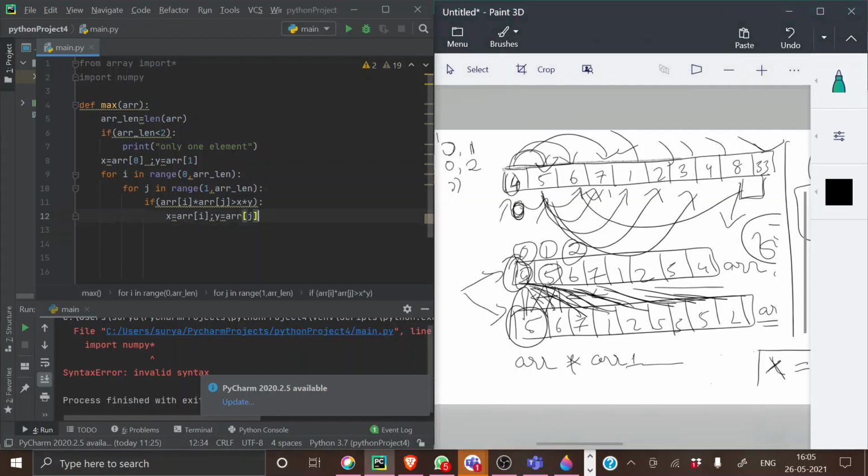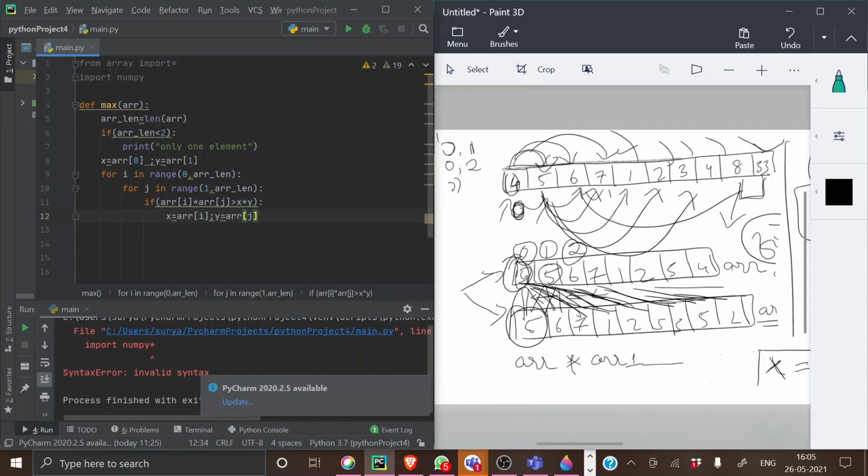So after completing this, can anyone say why I'm just changing the value of x and y here? Why do I use this particular line? Then it will be equal to x into y.